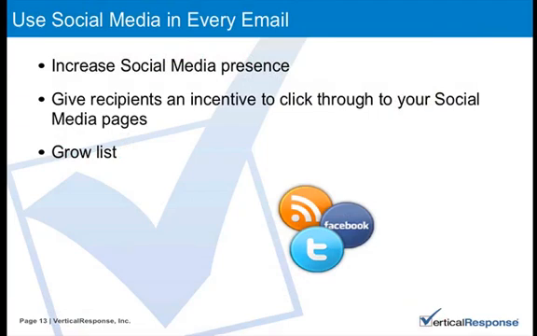So as I mentioned a little bit throughout the slides and also at the very beginning, social media is something that's become really prevalent in our society in general, and definitely in marketing. So hopefully you guys are all using Twitter and Facebook at the very least, if not LinkedIn. So using social media in every email will help to spread your social media presence. More people will see that you have those links in your email as you're sending them out, and they'll start following you on whatever their favorite platform is.